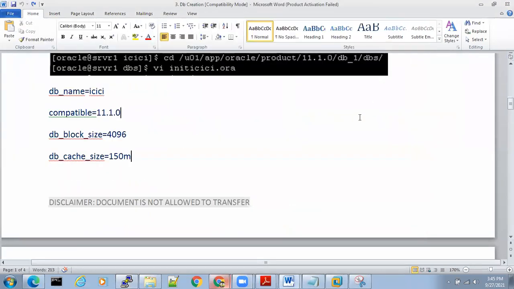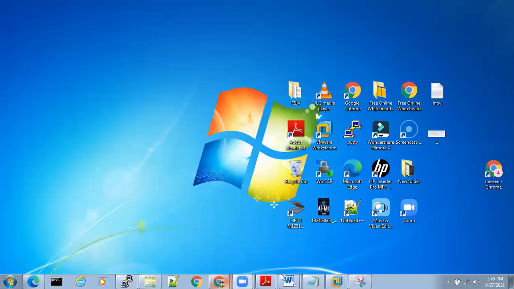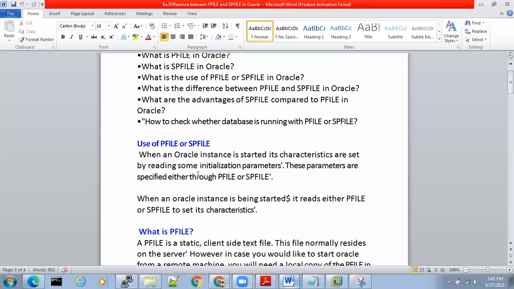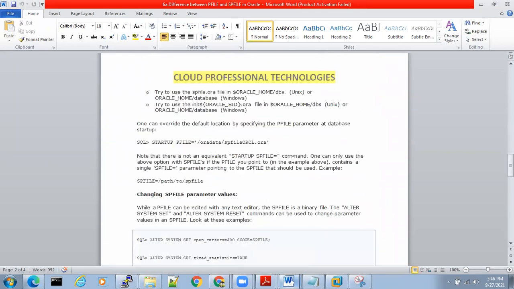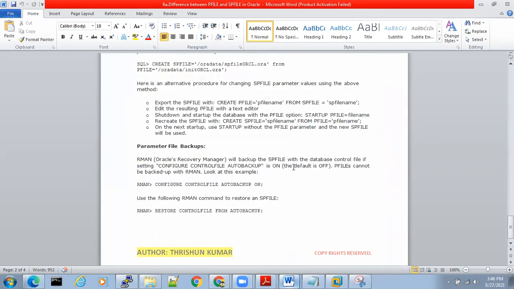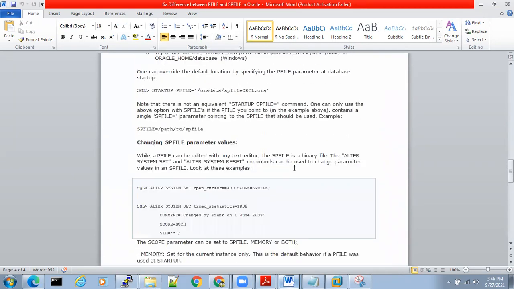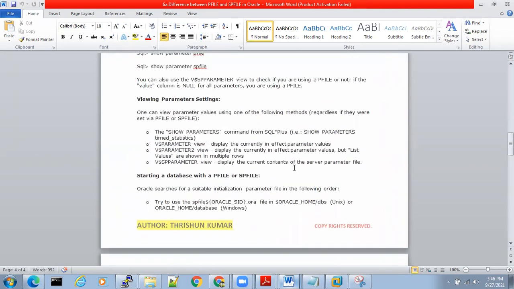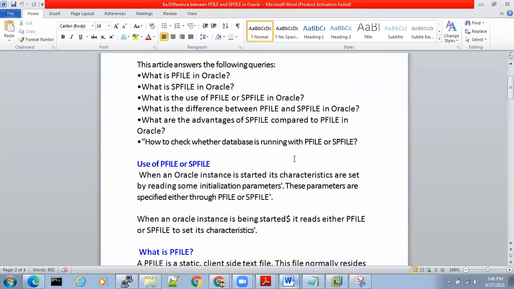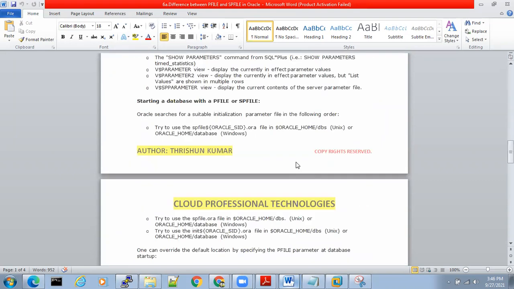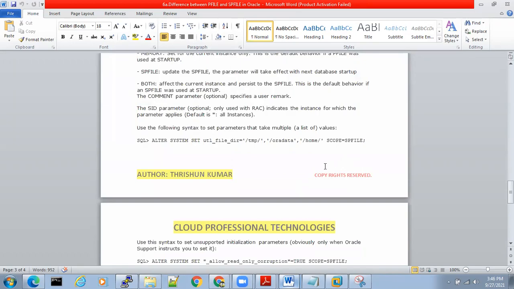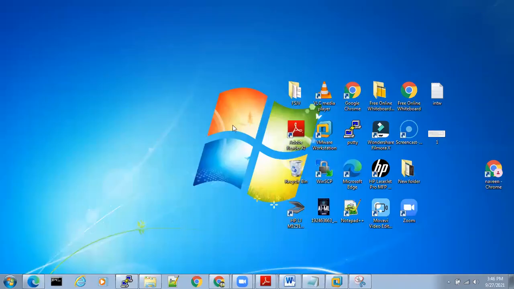Okay, so that's it for the day, guys. I'll give you those documents on static and dynamic parameters, the P file and SP file, and the difference between a P file and SP file. Please read all these things if you want to. If you don't want to, that's okay. It's a document prepared just to make you understand the subject that I have explained verbally. If you understood the class, that's okay.